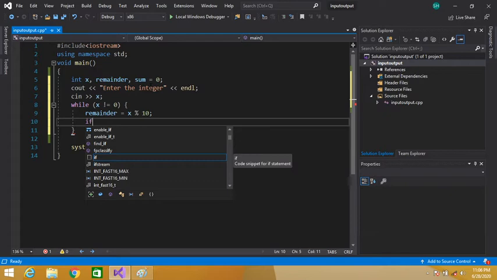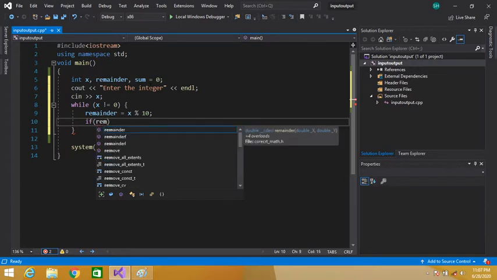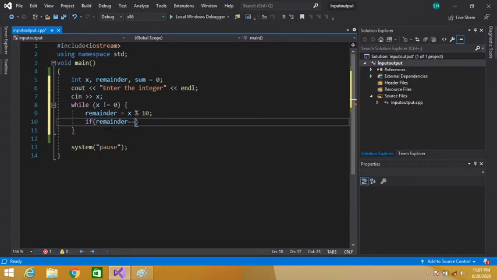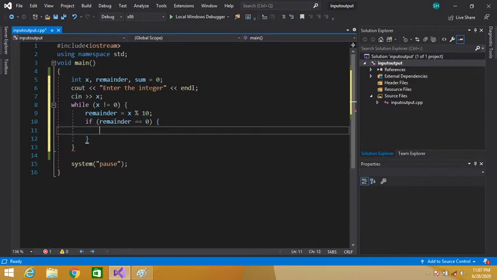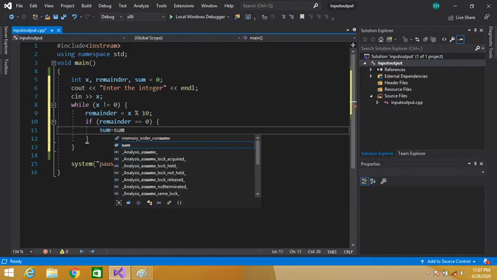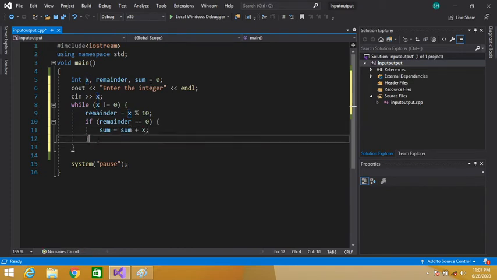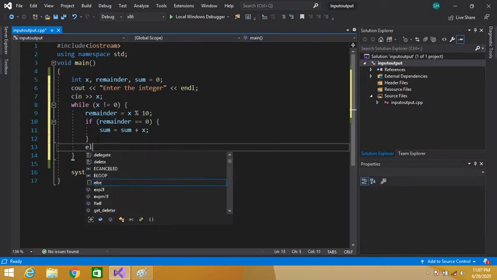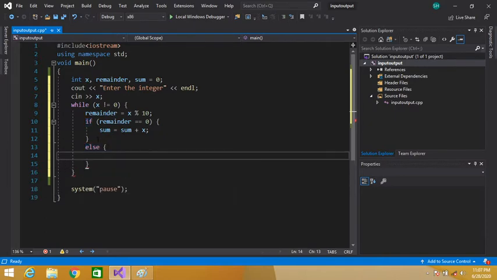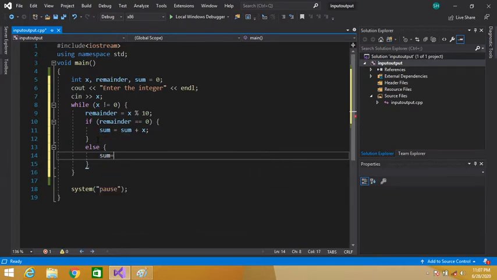Then we check if remainder is equal to 0, then sum is equal to sum plus x; else sum is equal to sum plus remainder.